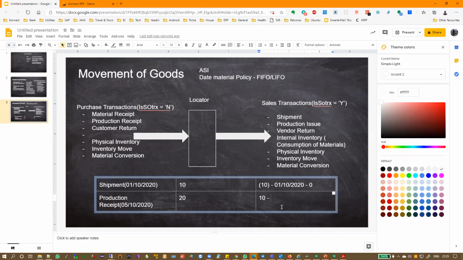05/10/2000. How? How will this happen? Because you see, this is the number of records. So now what happened to this record? This record is deleted, existing, what happens?